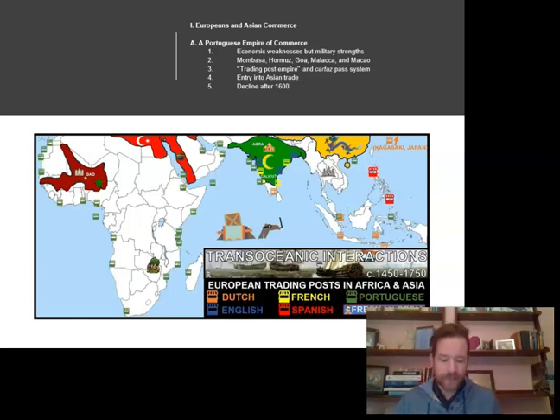that string of ports. And from these ports, they tried to create a monopoly by creating what was called a cartaz pass system. They forced merchants, at the barrel of the cannon, I might add, to try to create a trade monopoly. And while this did make the Portuguese wealthy, they never established anything near complete control of the Indian Ocean. The Portuguese realized that the real money was to be made not in exporting goods to Europe, and definitely not in trying to sell European goods in Asia, but by becoming a player in the existing Asian trade.